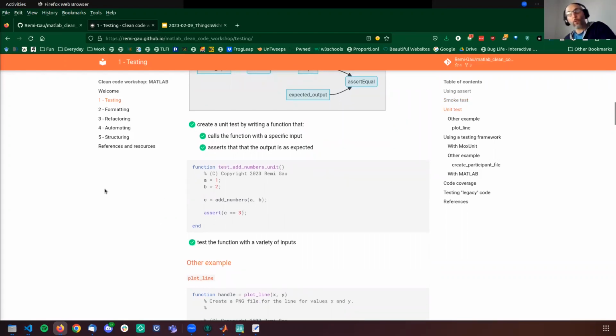One thing that is important when you start writing tests is that you may want to test your function against a wide range of inputs, just to make sure that the code behaves properly in many different situations.